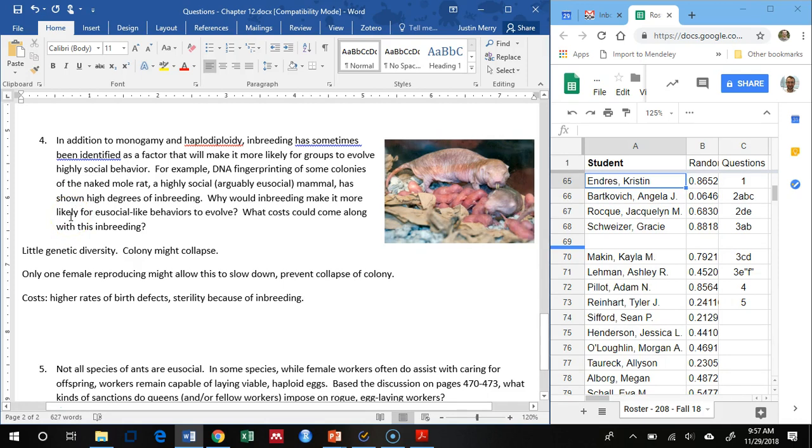Certainly we see, and this is a well-known thing, as soon as you start inbreeding, you start exposing these recessive lethal alleles or damaging alleles that result in all kinds of weird birth defects or metabolic problems where you don't produce enzymes that you need anymore. Those have got to be major issues that inbred groups have to deal with. This is why you're not allowed to marry your own sister.